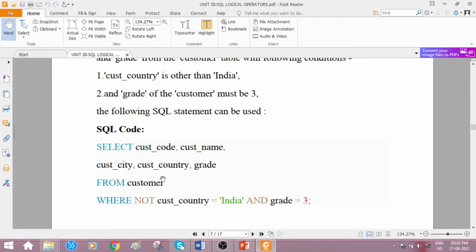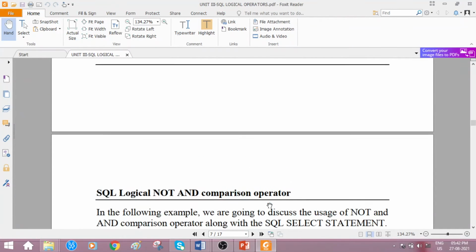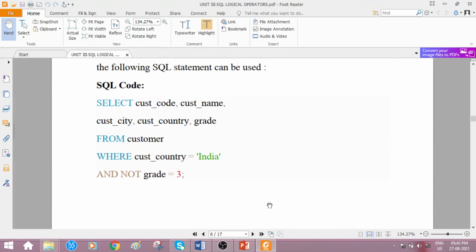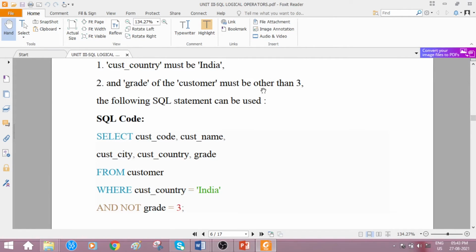This is an example where we observed NOT followed by AND, whereas in the above we found AND followed by NOT, where the customer country has to be India and grade other than 3, right? These are the two variations.